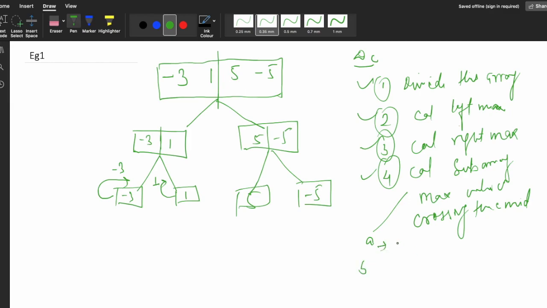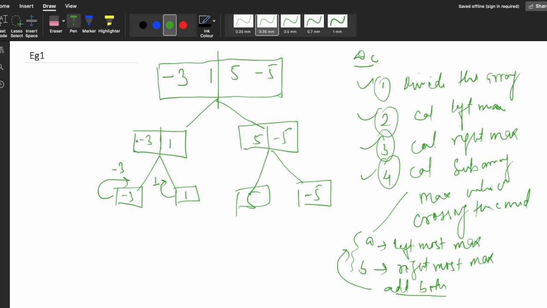We have to first calculate the leftmost max, and B is the rightmost max, and at last we'll simply add both to get the sub array sum. We'll add both to get the total value.